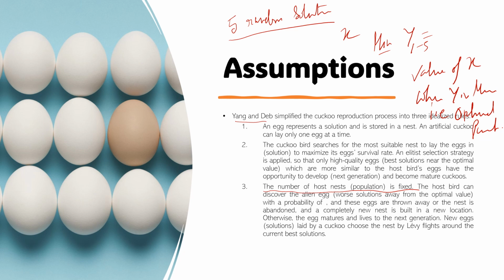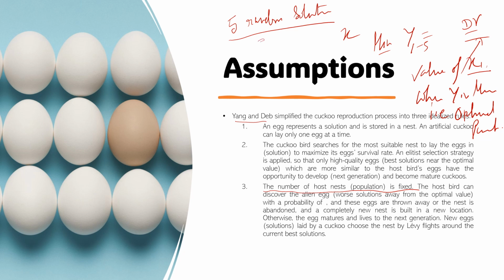Basically, x is the desired variable, and you can change x to anything to change y. You have no other variables. So this x is known as the design variable. If there are multiple variables, x1, x2, it is also known as the design matrix. But you have to change these design variables to change y. And the assumptions, as I have said: you can generate a finite number of nests, a finite number of solutions at a time,